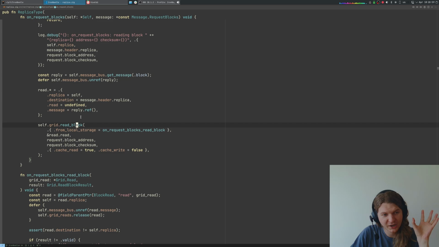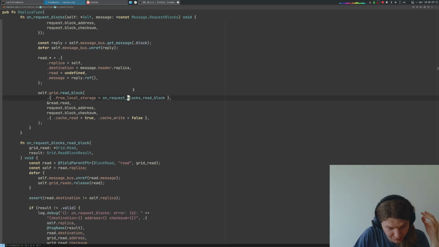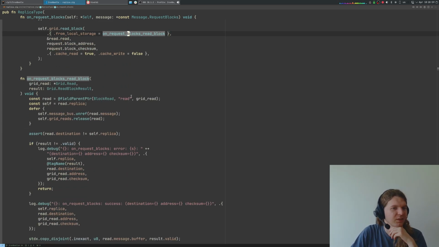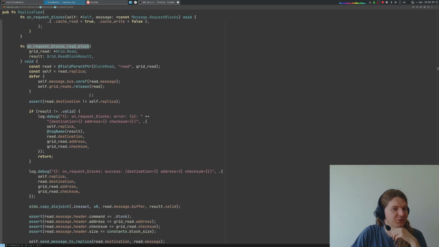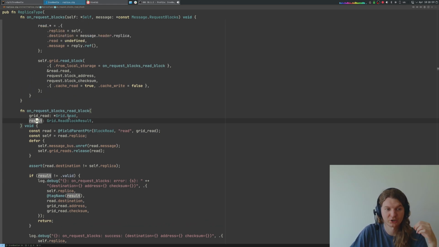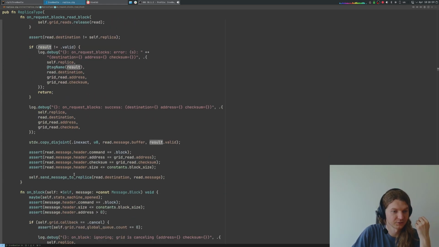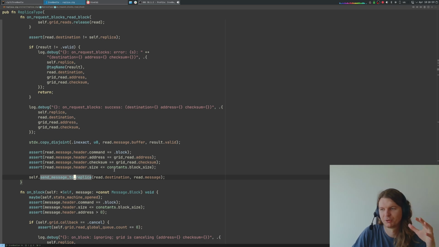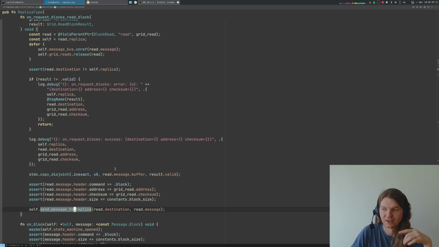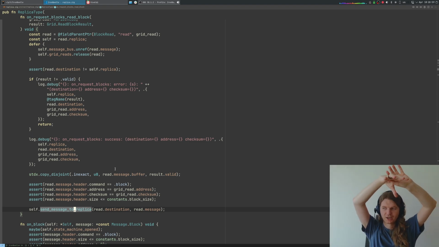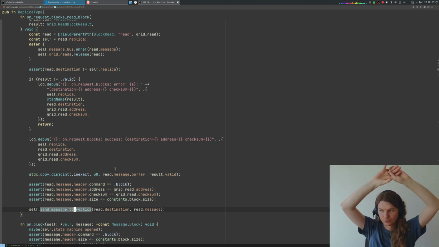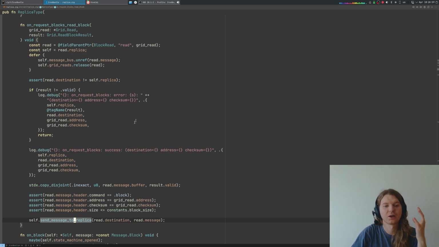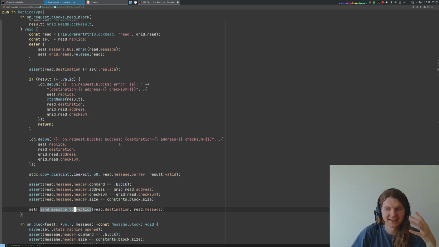Anyway, so we ask the grid to read this block, and if we have successfully read this block, because this is the local result here, we actually get a result, so it might be invalid. So if it is valid, then we send this block directly as a message to the replica. And this is cool. Again, I have underscored many times that in TigerBeetle we have the single message, and message is what you get on the network and what you write to disk and what you read from disk. And this is great because we read something from disk and we send this immediately to the caller as is without